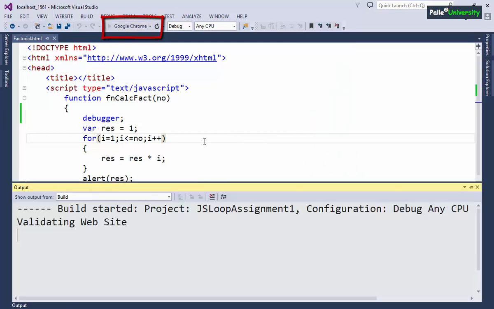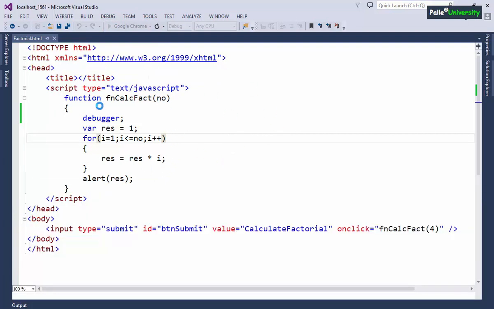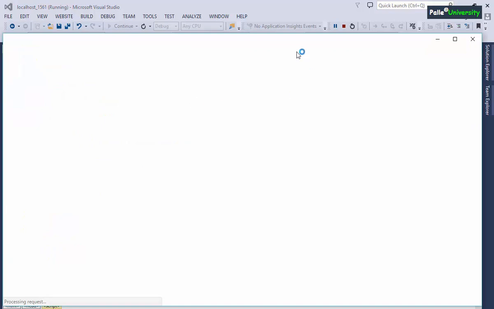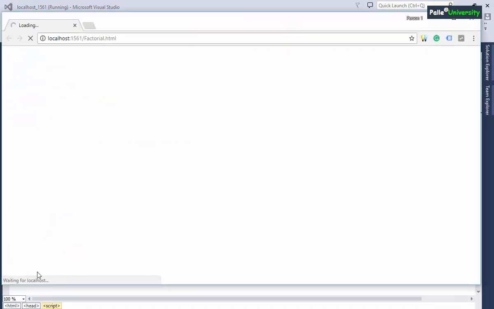Let me click on execute. I clicked on this triangle button. Now this entire HTML file code will be sent to the Google Chrome browser. Now you will observe a Google Chrome browser opening on my computer. Is it opening? Yes, this is the one. See, waiting for localhost. It means my browser is still receiving the factorial.html file output. Once the factorial.html file output is completely received, you stop seeing that rotating icon, because my browser has completely received the page output.